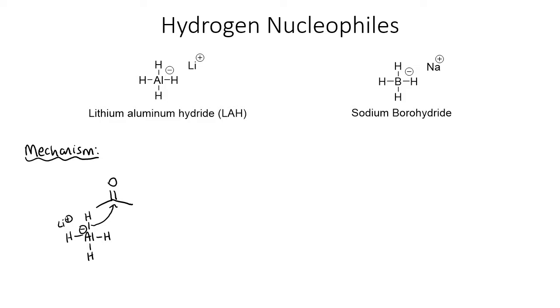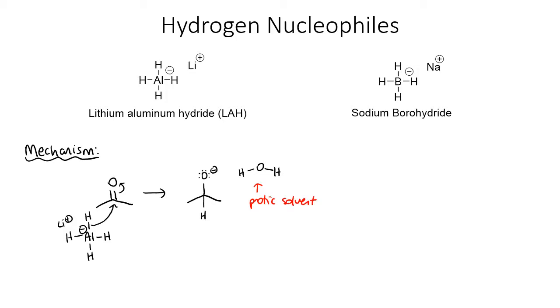Now, as the hydrogen attacks, it's going to kick the electrons up onto the oxygen. So we get an intermediate where we have a negative charge on the oxygen. We've just added a hydrogen to the carbonyl carbon. Then our last step is going to be putting this molecule in the presence of a protic solvent, such as water. And this can really be any sort of protic solvent,